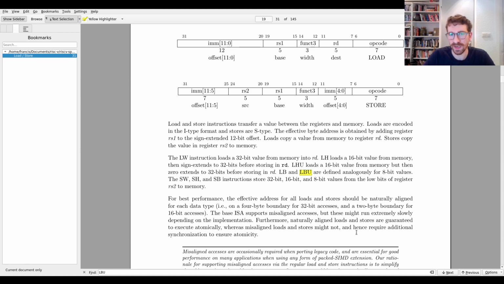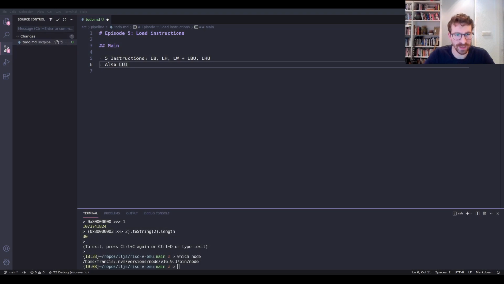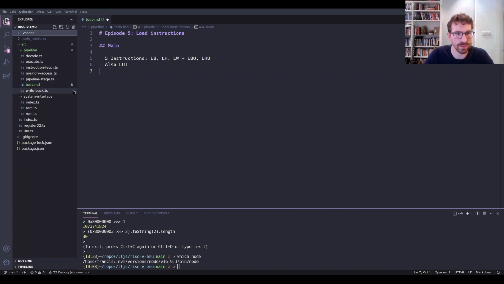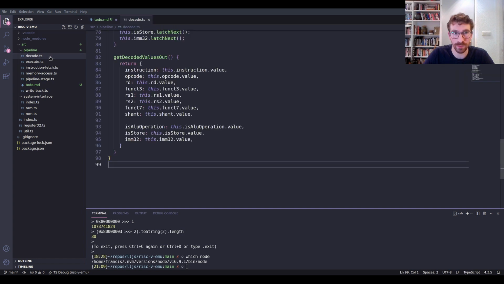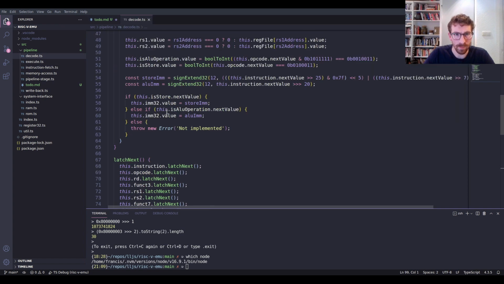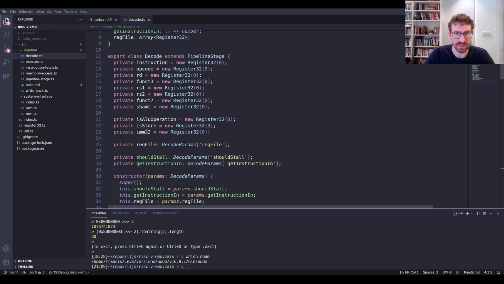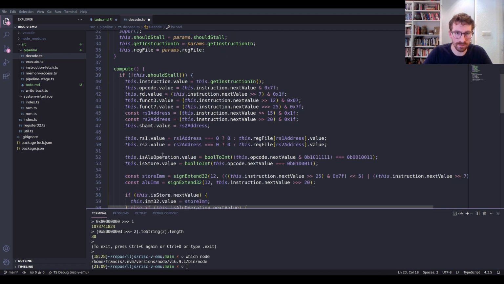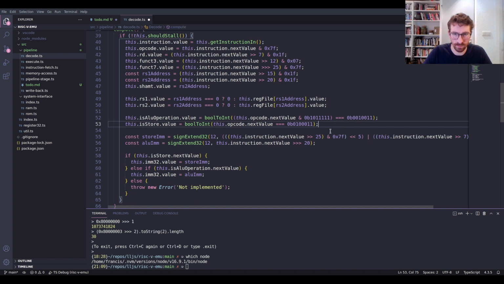Cool. I actually think we know enough now to go back to the code, and let's open up... where should we go to? We're going to need to go into decode. And one of the things we're going to want to know is, are we dealing with a load? So let's make a register for that. Is load,